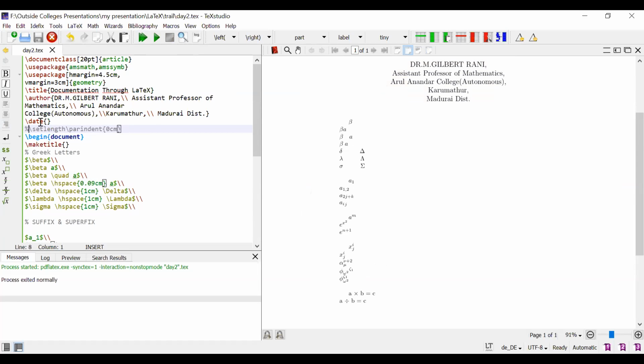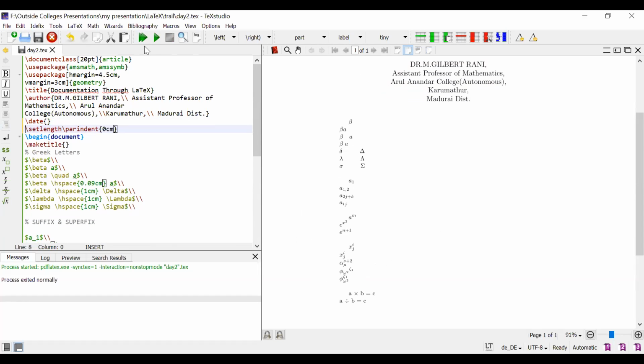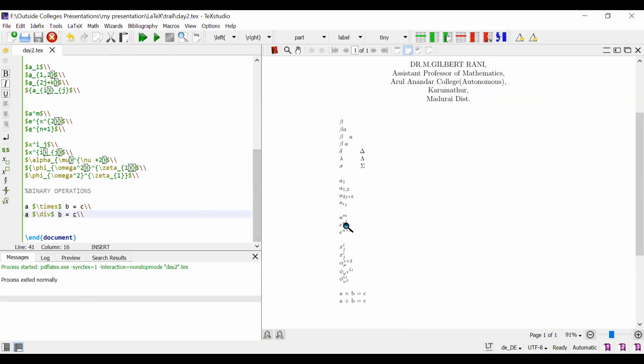So I want to neglect this, so I want to use this one. Okay. See the difference? Each and everything starts at the same point. There is no space. Next one.